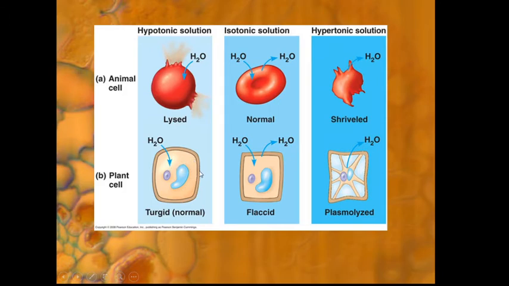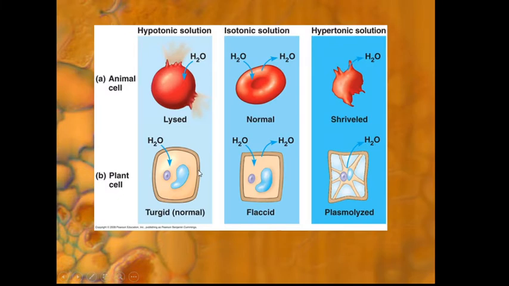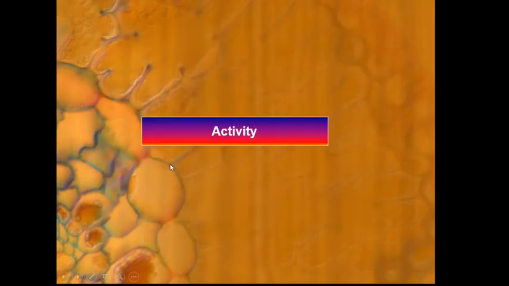But the problem is that the cell wall is not highly flexible. It is not so flexible when compared to the animal cell. So it won't swell up much actually. But it will put a lot of pressure on the cell plasma membrane and also the cell wall because of the flow of water here. That's why pressure will build up in the plant cell whenever endosmosis takes place. Unlike plants, in the animal cell the plasma membrane is more flexible, so it can enlarge, but that doesn't happen in the plant cell. Okay, that's what happens in this.